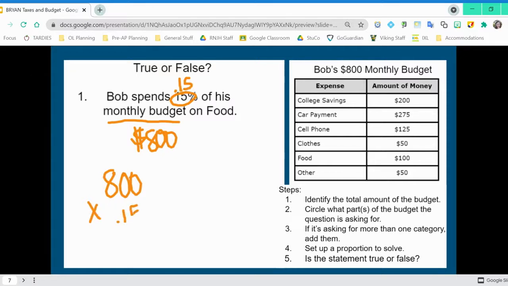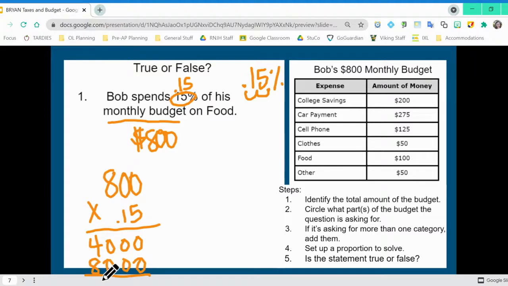So to change a percent to a decimal, all I did was move the decimal. 15% would be 15.000 or whatever. Move it backwards twice. So that gives me 0.15 equals 15%. So then if I multiply 800 times 0.15, I get,